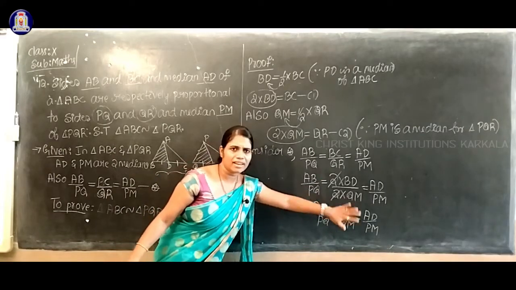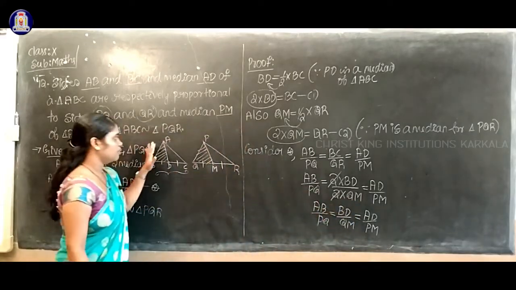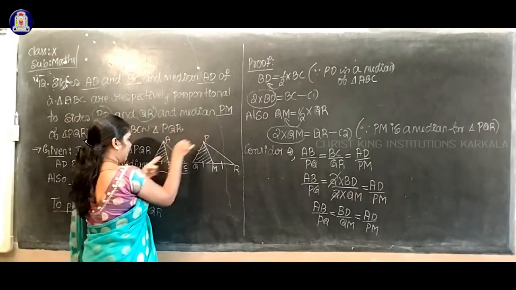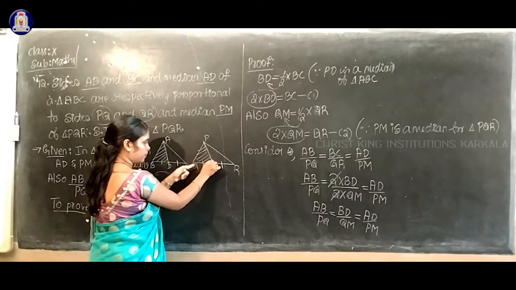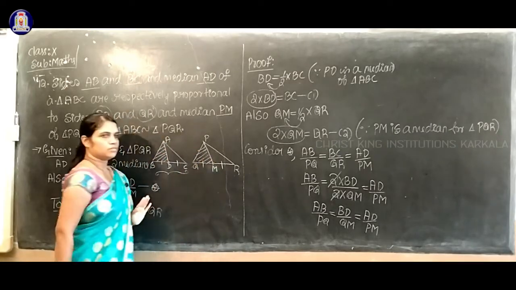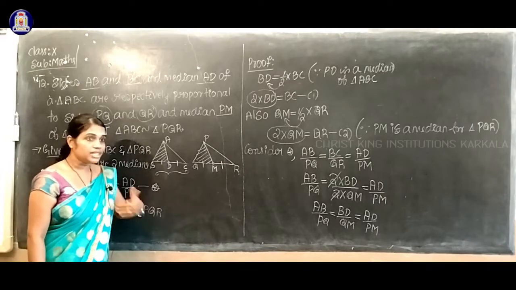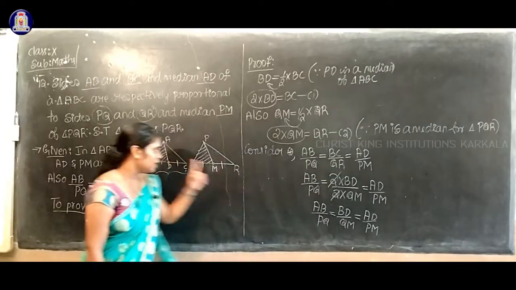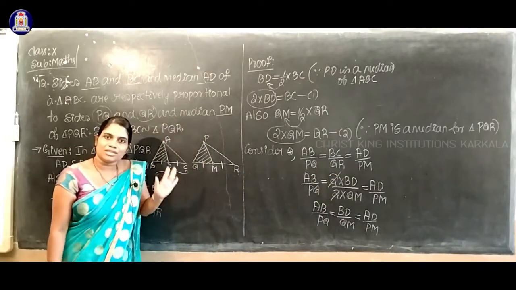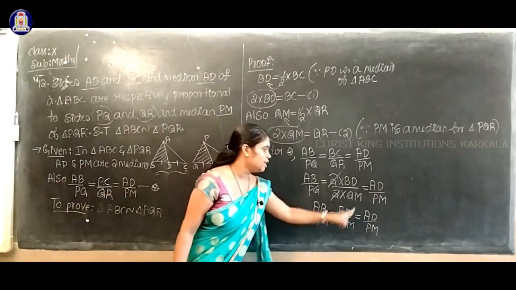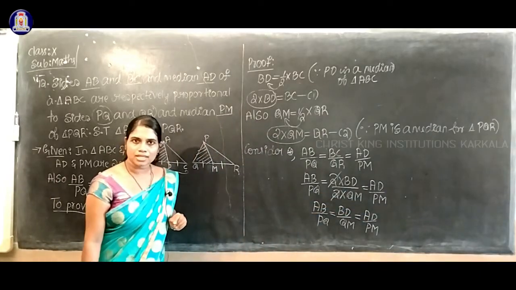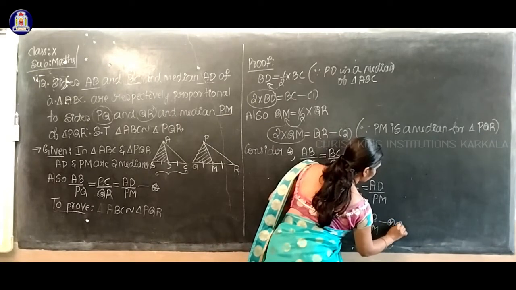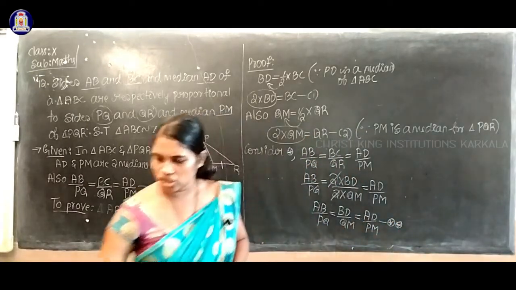You just compare this ratio of sides with the figure. AB by PQ, BD by QM, AD by PM. So what does it indicate? By using this result, can I say these two triangles are similar by using the side criteria? Yes? Okay, so this result I will consider as a double star. So I will write here.